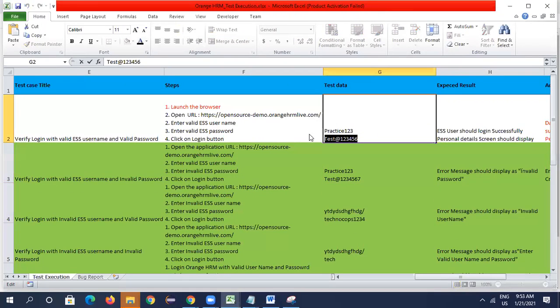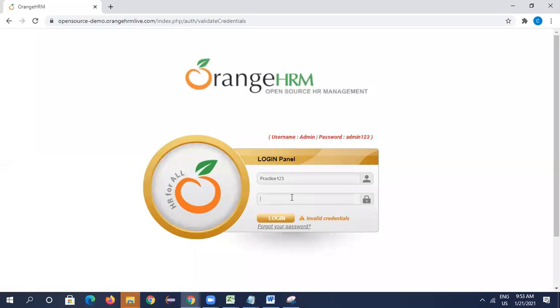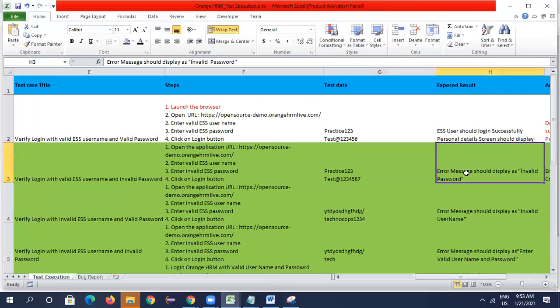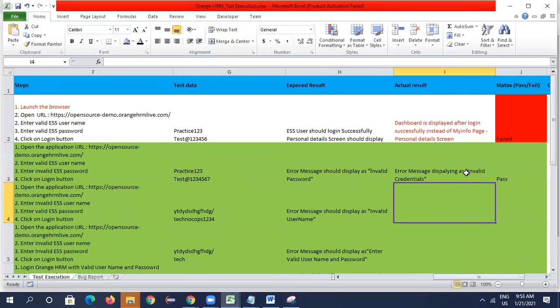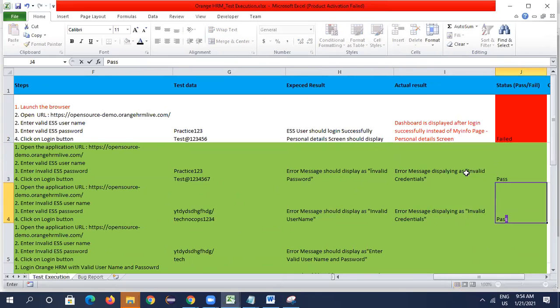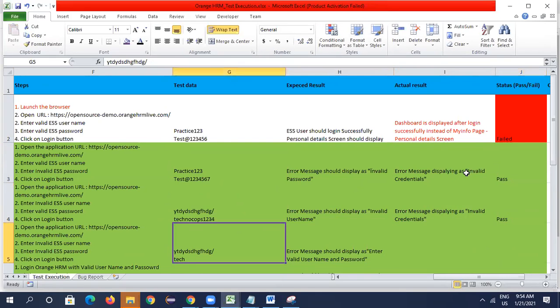So we need to give invalid username and valid password, right? So given, yes, invalid credentials, right? Same. So this one also same. So this is also pass, right? Next one,